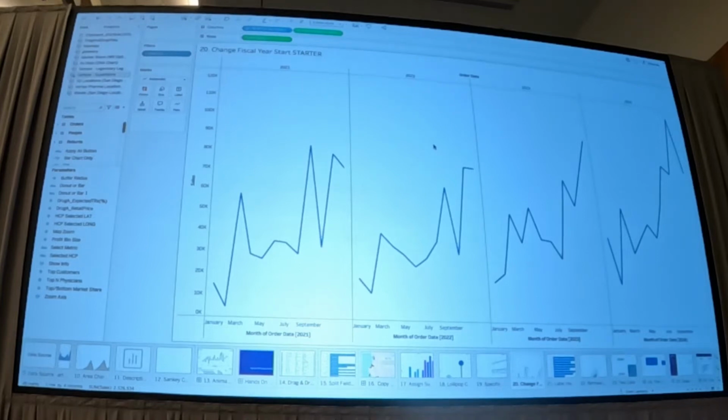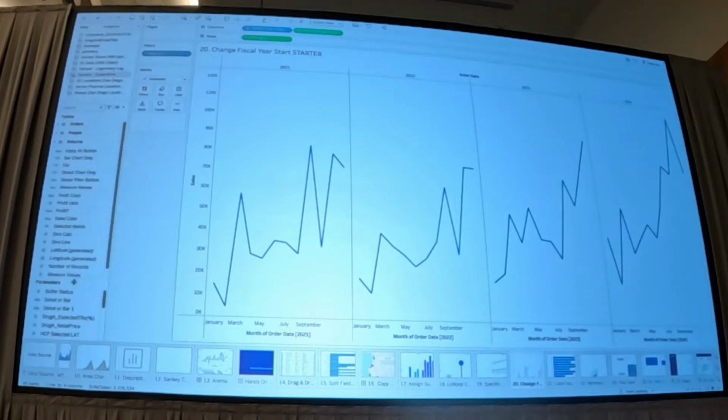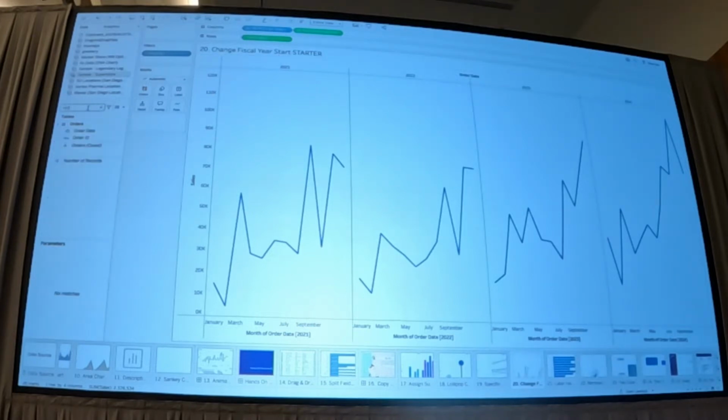Awesome. So this is another, I guess, sort of best practice tip, really. This is really about some of the metadata that we add to the data sources when we're connecting to the data. In this case, the example that I'm going to use is the start of the fiscal year. So maybe for us, our fiscal year runs from April, and I want that to be reflected throughout the whole data set. If I have a look for my order date,